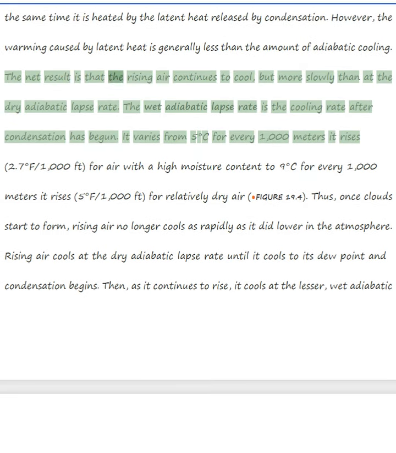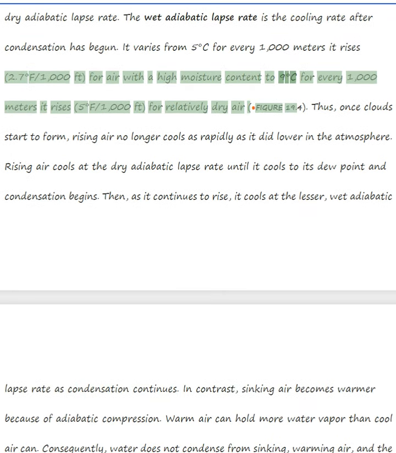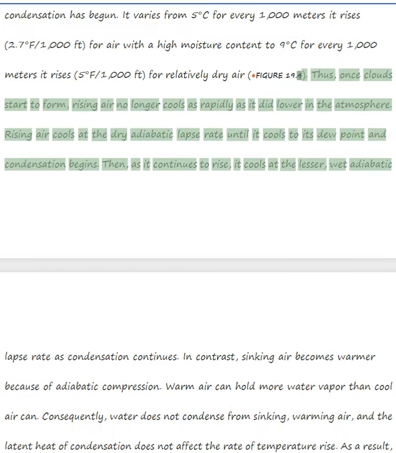The net result is that the rising air continues to cool, but more slowly than at the dry adiabatic lapse rate. The wet adiabatic lapse rate is the cooling rate after condensation has begun. It varies from 5 degrees Celsius for every 1,000 meters it rises for air with a high moisture content to 9 degrees Celsius for every 1,000 meters it rises for relatively dry air, Figure 19.4. Thus, once clouds start to form, rising air no longer cools as rapidly as it did